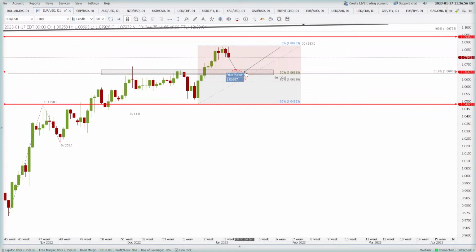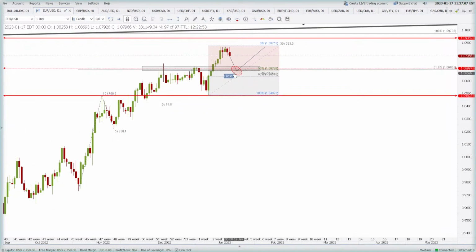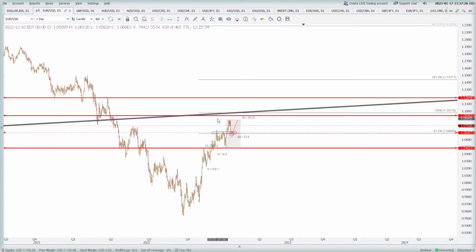If you buy here, you can target 1.0936, which is a very good resistance in my opinion. So if you ask me where to buy the euro, close to 1.0699. Do not speculate, watch for the price action here. You may get something like a bullish engulfing or bullish pin bar. It may be even on the 1 hour or the 4 hour. That's your call, but you're going to target 1.0936 because that is a good resistance, as we have seen from